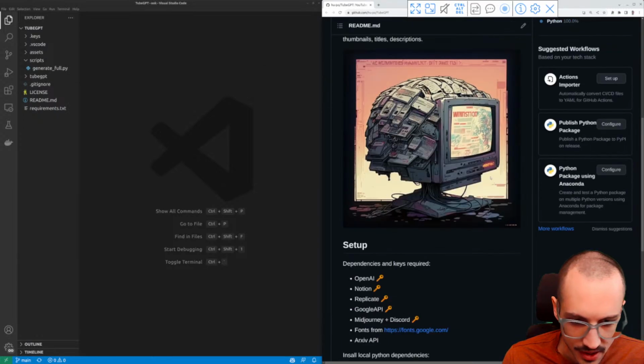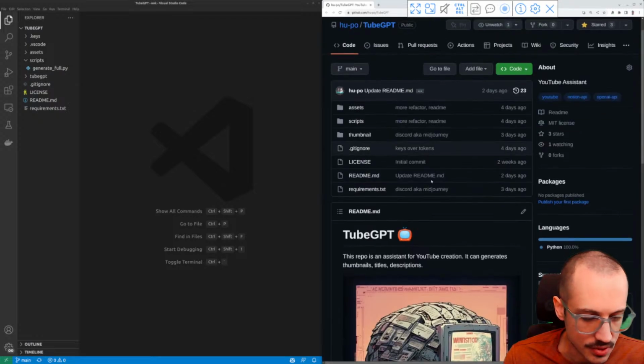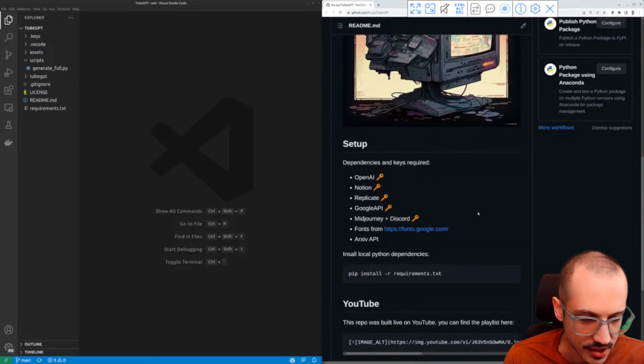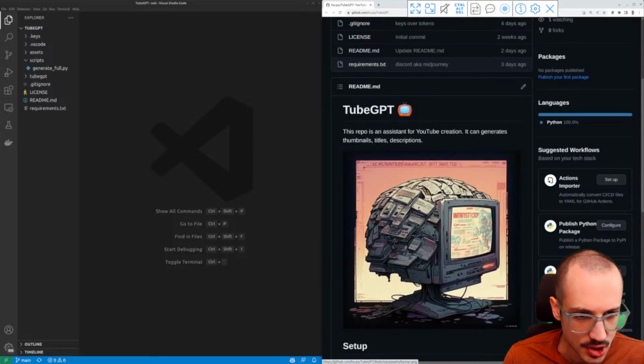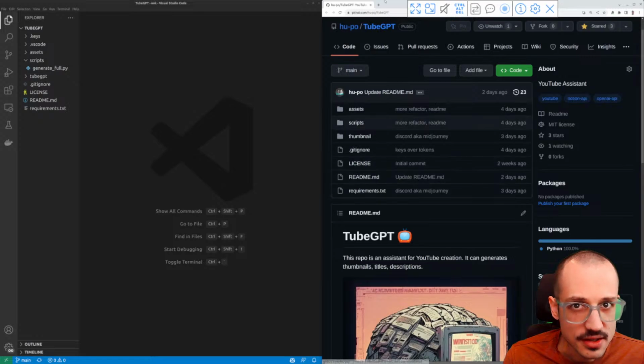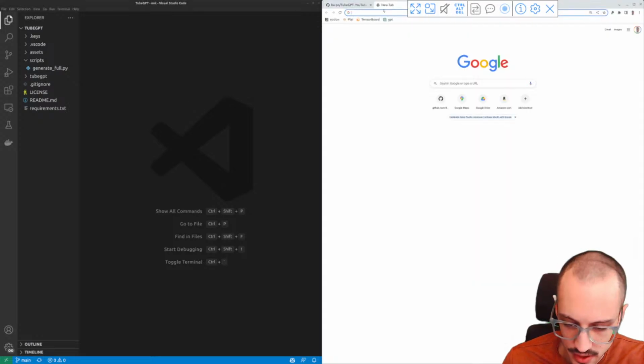Like generate thumbnails, generate descriptions. I track things in Notion. I use Midjourney and different AI art tools to generate things. And I want to make that flow more automated, right? So more automated description generation, automated hashtag generation. And one of the things that I want to do is get rid of the